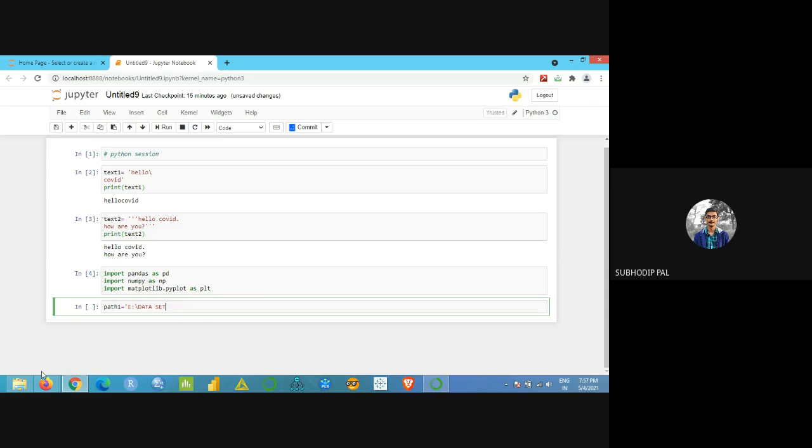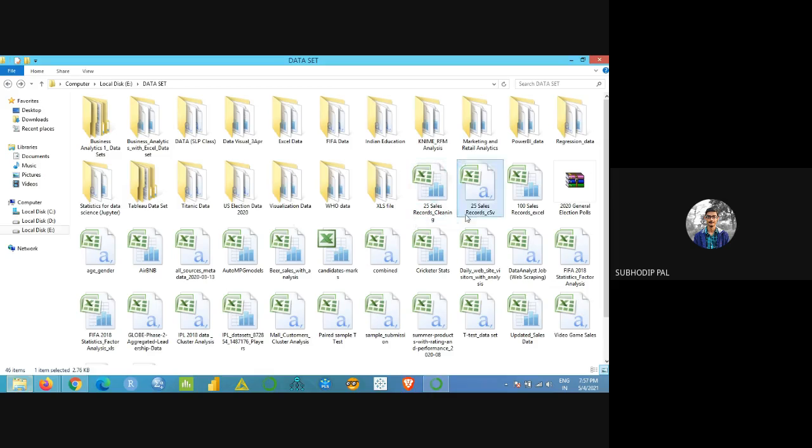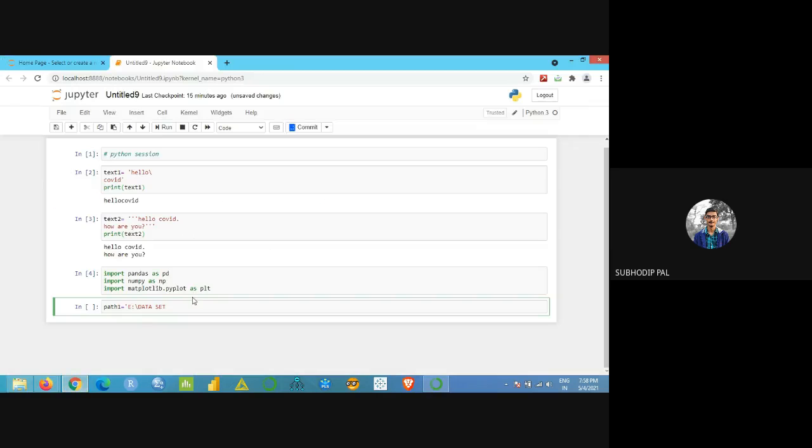Next, I have to give the file name, or which file I want to import. I have so many files here; I've only given the folder name till here. There are so many files in this particular folder, and I want to get this file only. So I'll simply copy this name, just click on it and Control C. You copy this name, and what you have to do: this is a backslash, right?